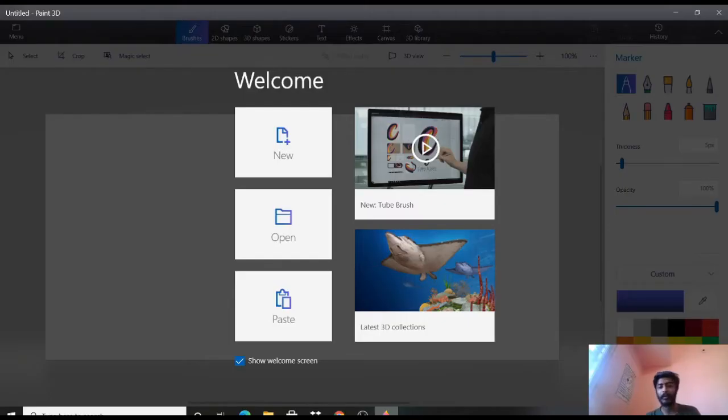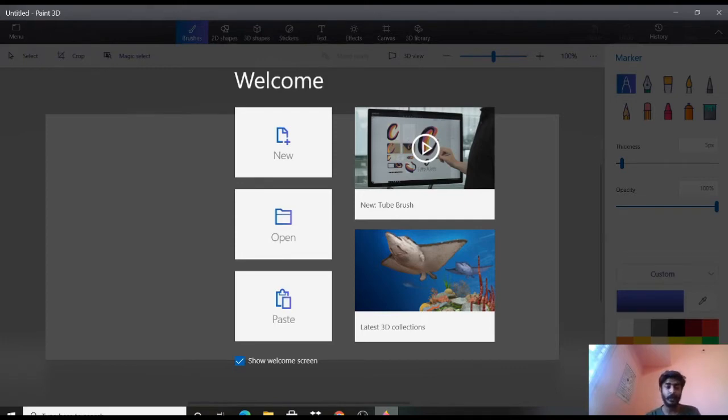When I say Microsoft Paint, it remains nostalgic for many of you because it was a part of our school curriculum. In computer classes, Paint and making mountains, etc., was taught to us. But even after taking away the normal Paint in the latest operating system, Windows 10, Microsoft came out with something upgraded called Paint 3D. So without wasting any more time, let's move on to the video.